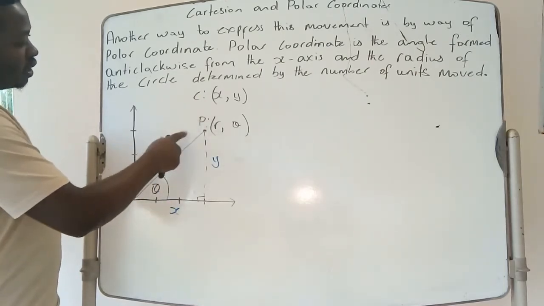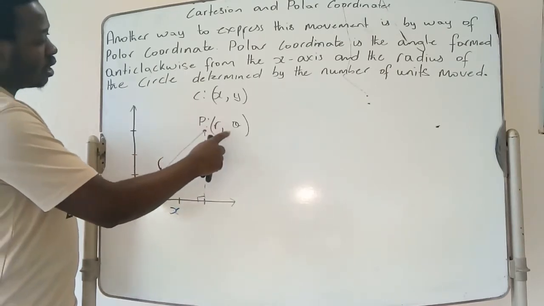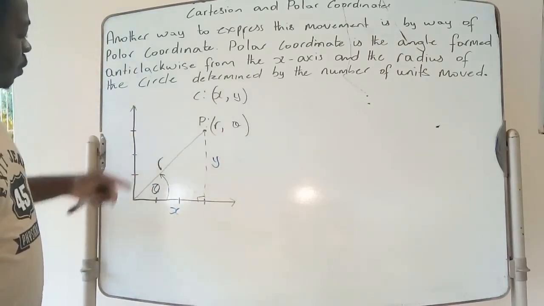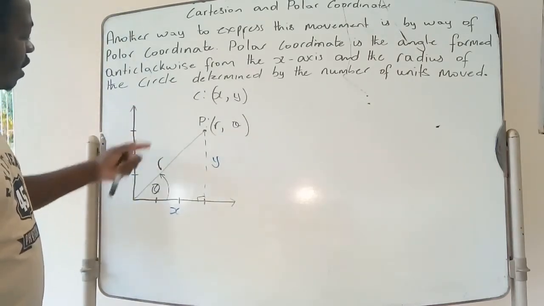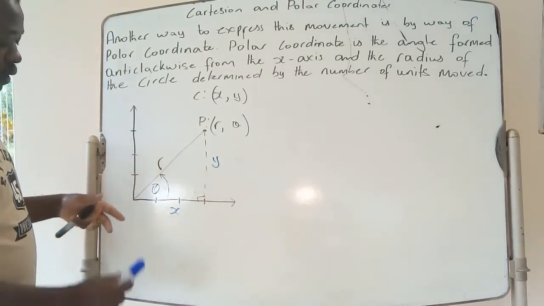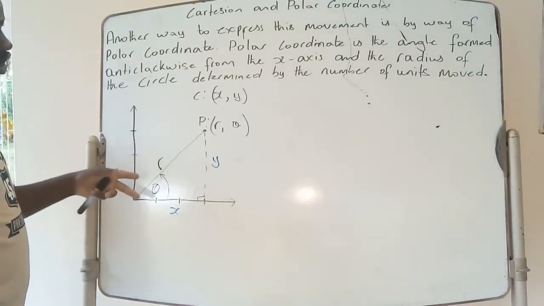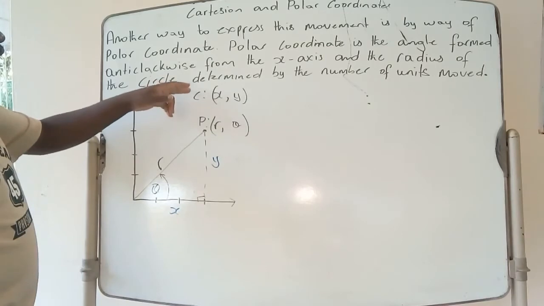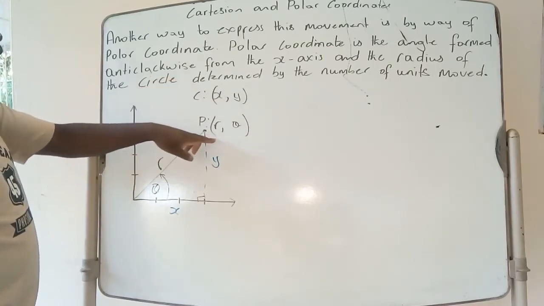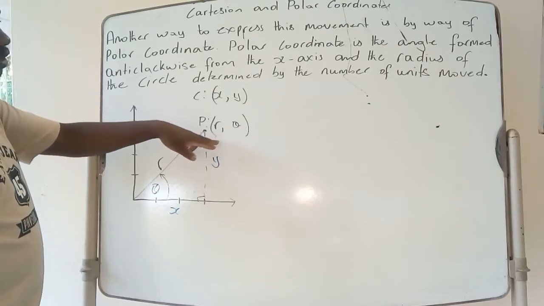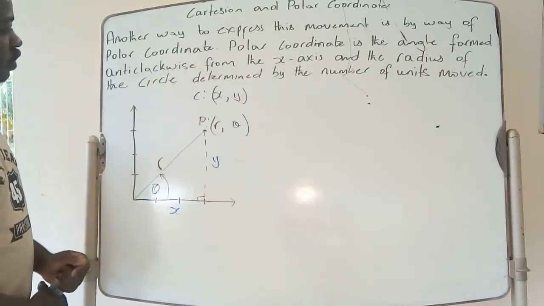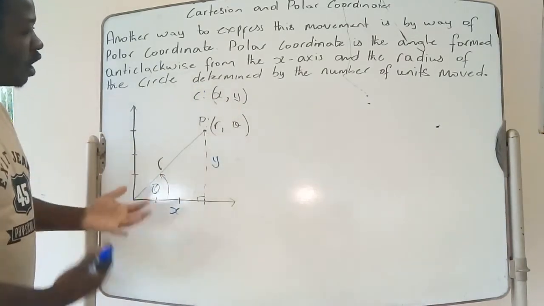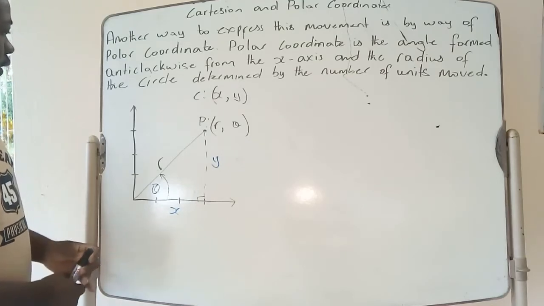So plotting points in polar form would be r comma theta. Right? Now, what relationship can we derive from this diagram here? I'm going to look at all the possible relationships, because remember that our objective is to be able to convert from Cartesian coordinate to polar coordinate, and also from polar coordinate to Cartesian coordinate. So it means that r, theta, x and y must have some form of relationships, right? As you note here,